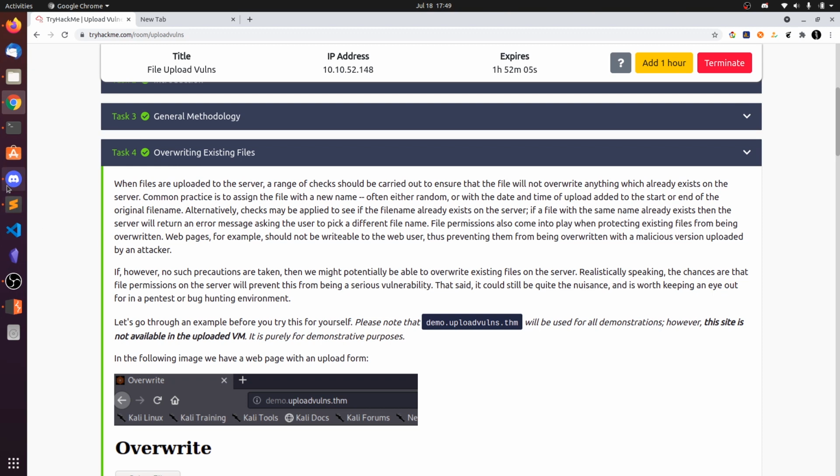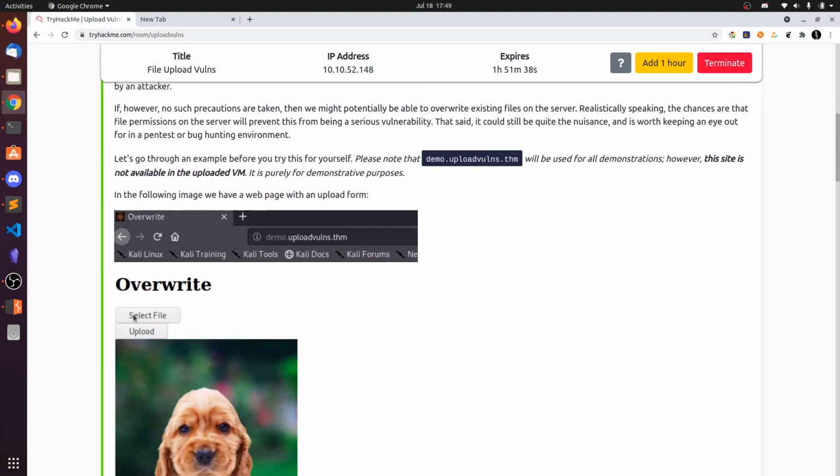Whenever I upload sample.jpg, the server does not check whether the file is already present on the server or not. It just replaces the existing file with the contents of our file. So it does not even create something like sample (2).jpg, just like Windows does. So that may lead to overwriting the existing files.